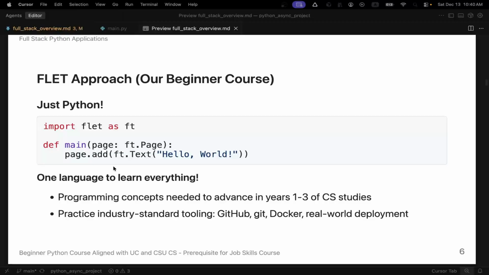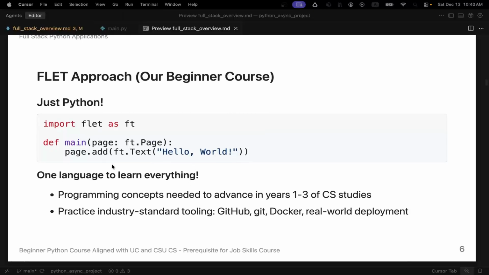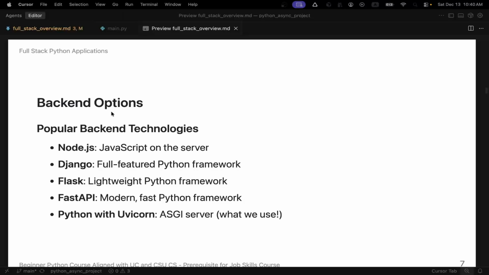The trade-off with this focus is that you're not learning something like React in our course curriculum. You'll have to learn it on your own. You'll learn more about the concepts of the full stack. So the back-end options in the full stack,